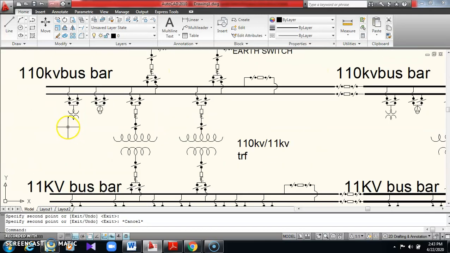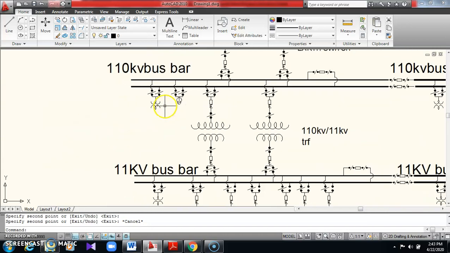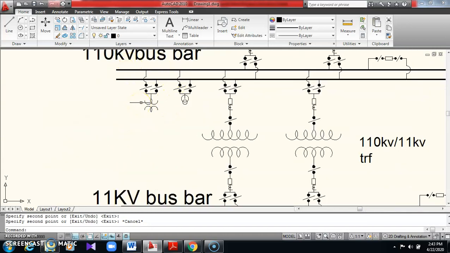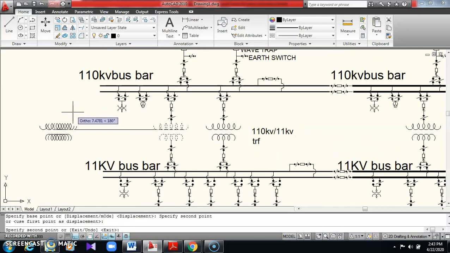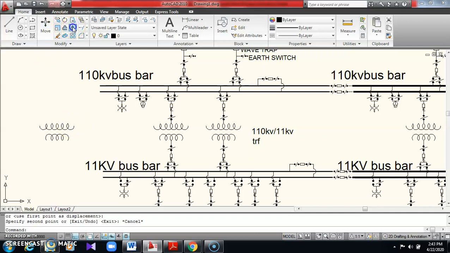And along with this, if they ask how to provide a 3 winding transformer, think that here the 110 kV bar, 11 kV 3 winding transformer is there. So what you have to do here, just copy this section. 3 winding transformer, think 110 kV bar, 66 bar, 33 kV, like that 3 steps. So 3 winding transformers will be there. Just do a mirror of this, otherwise you can copy this and paste below.